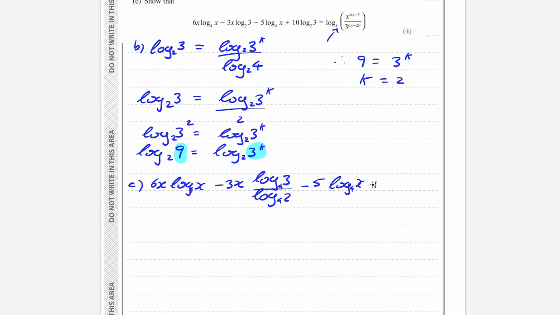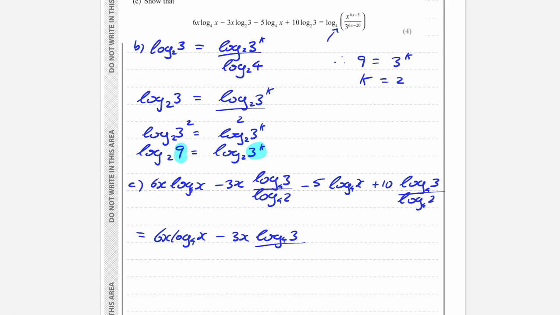And then this one is plus 10, again, log 3 over log 2 base 4. Okay, this equals, let's just leave this for now, 6x log x base 4 minus 3x log 3 base 4 over, now guys, log 2 base 4 is equal to a